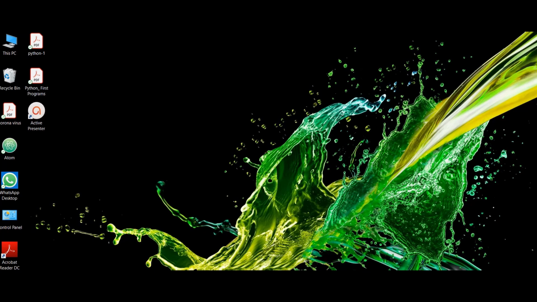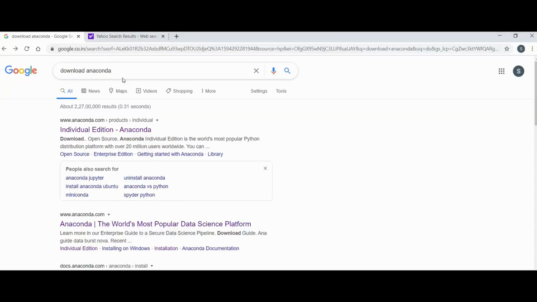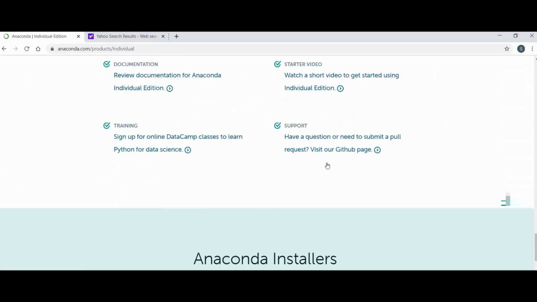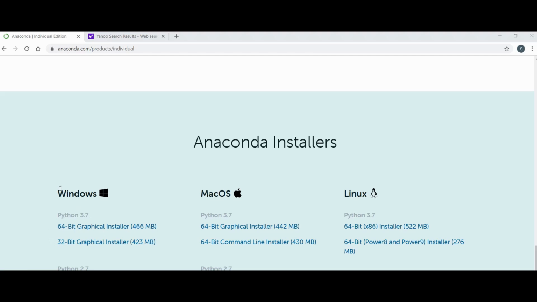Before going to the topic, we discuss how to download the Python editor for learning Python programming. Lots of students don't know this. Just go to Chrome, search for download, and you can see the first link. Open the first link, scroll down. Here you can see install and open this. Click on that. Here it's for Windows, download Python 3.7.